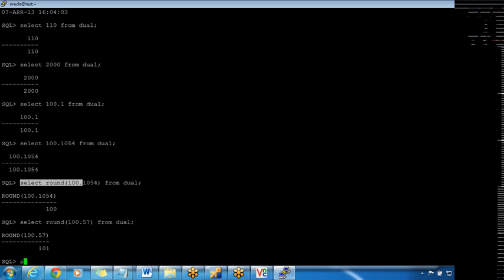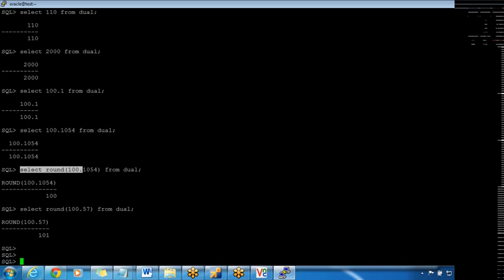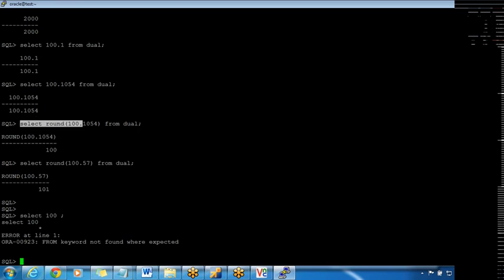So suppose you say select 100 from dual, right? Suppose select just a numeric value 100 and just run it. No, it will not give you anything. It needs to select from a table. In tables, they are using a dual, right? Correct. So round function